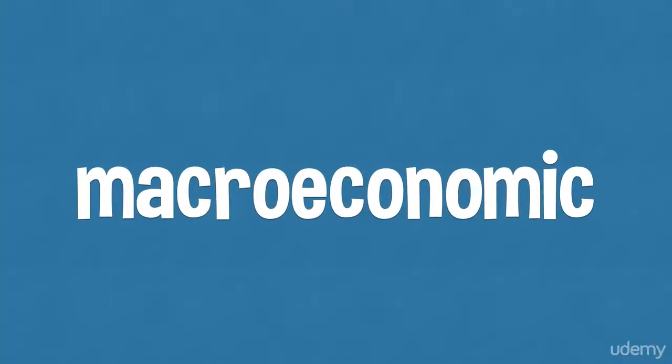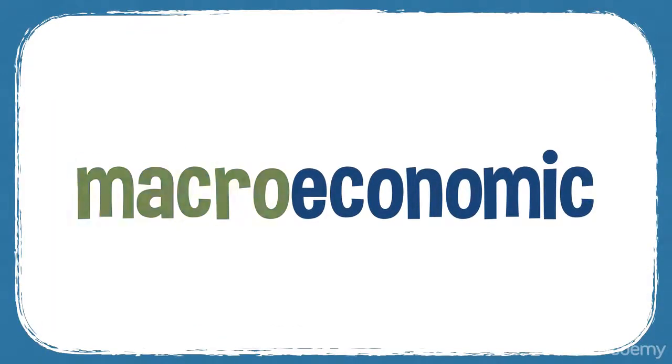Macroeconomic is the next one. This is the penultimate word. Macroeconomic. Macroeconomics is a branch of economics, an economic study that is concerned with the big stuff, the big major general features of a country's economy, such as the level of inflation, unemployment, or bank interest rates as well. The word macro simply means big things, so it's kind of like big economics, macroeconomic.